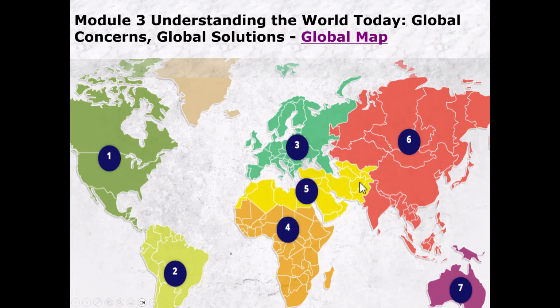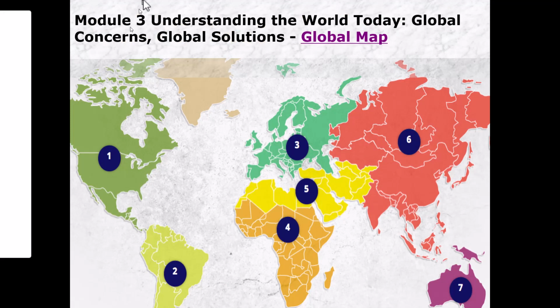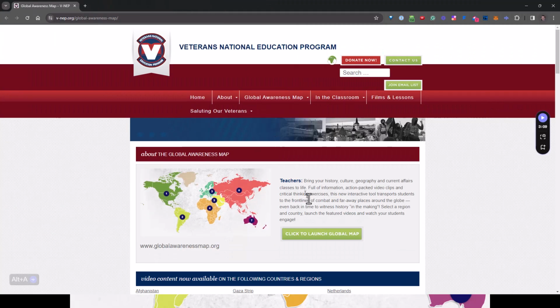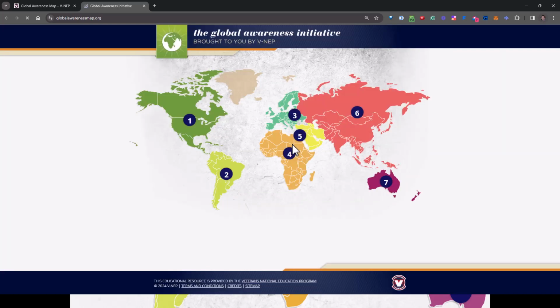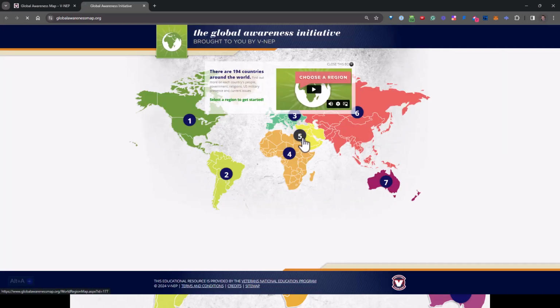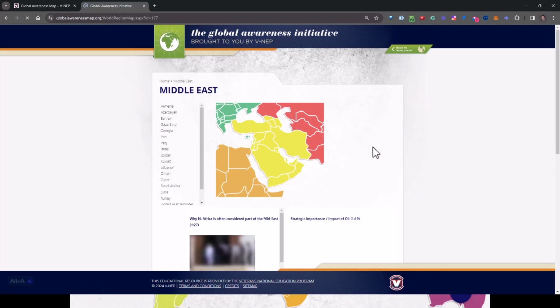Here's another one in course 3, which is called Global Map. This goes out to a website, which is the VNEP, so Veterans National Education Program. They're an amazing partner of ours. And this global awareness map is absolutely brilliant. And you can click into whatever area you would like to. And if we want to look at